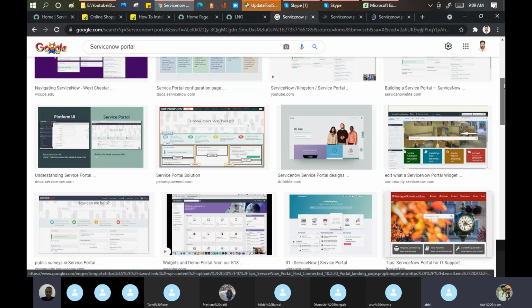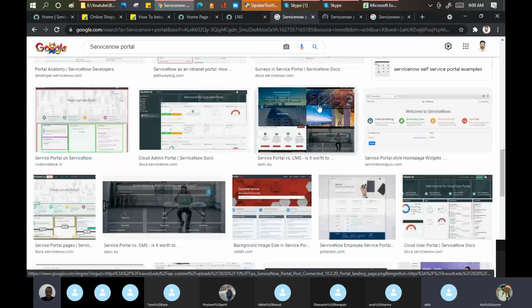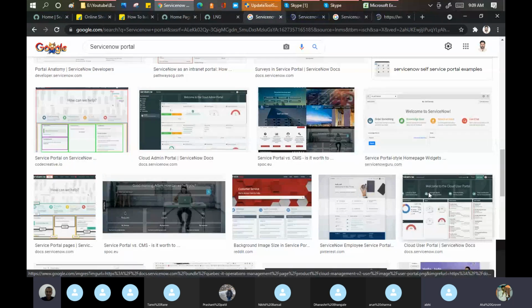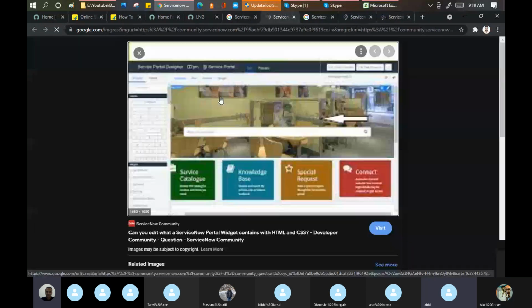People do a lot of changes. It's a CSM. Now you can see this is the ServiceNow portal designer.